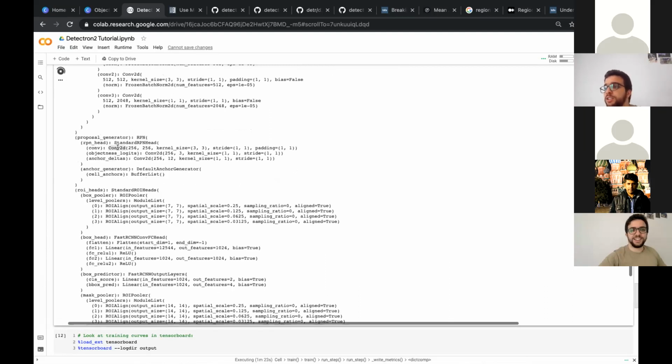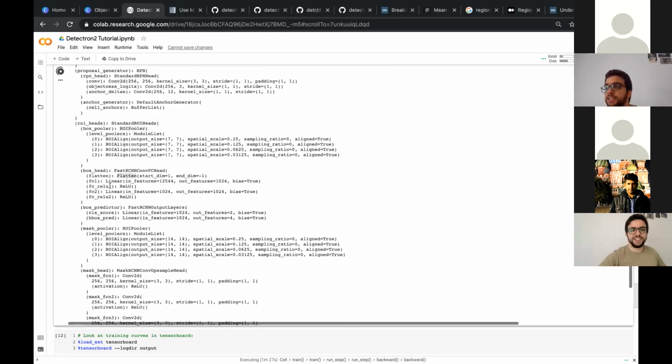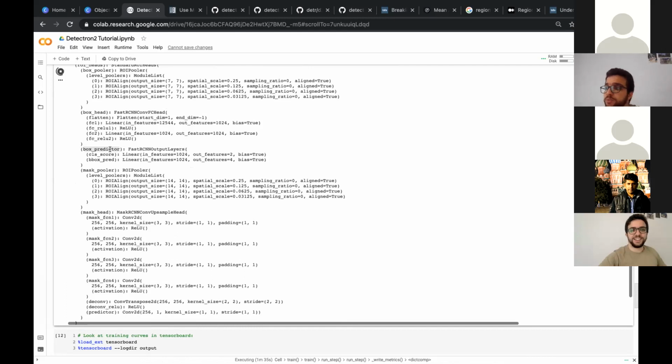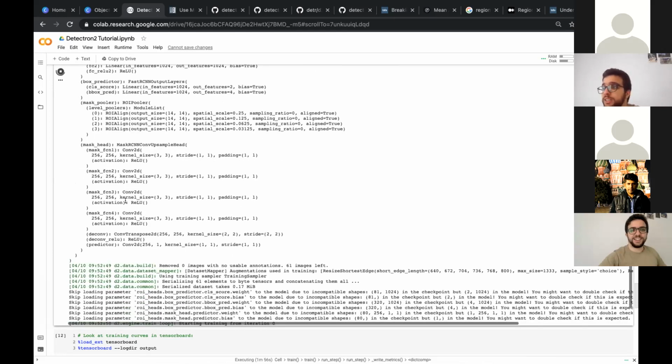And again, the architecture is just convnets and some ROI poolings, flattening, then some linear models, you see? Output features here, then the box predictor. You see the box predictor here has a classification score, whether there is an object or not, and the bbox predictor. So basically here we have the different coordinates of the bbox if it exists. And there you have your architecture that you have seen already. Everything here, I hope that you're already familiar with it. And there you go, you have the Mask RCNN